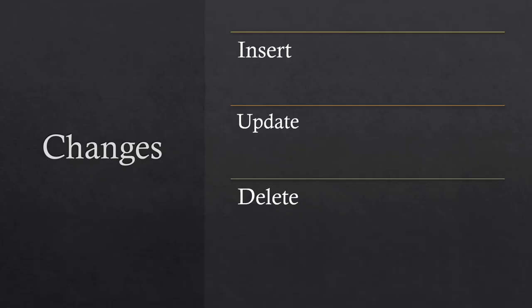Primarily there will be 3 types of changes: inserts, which are additions of new records; updates, where we update some field in an existing record; and deletes, where if the record gets deleted from the source system, that becomes a delete for me. How do I handle it? That depends on the system that I'm creating. Do I want to hard delete it or soft delete it? We will talk about those, but primarily the changes that happen to a record are in 3 forms: insert, update or delete.